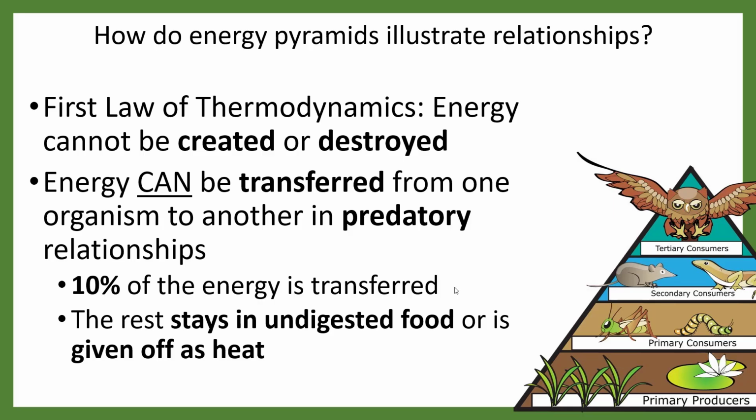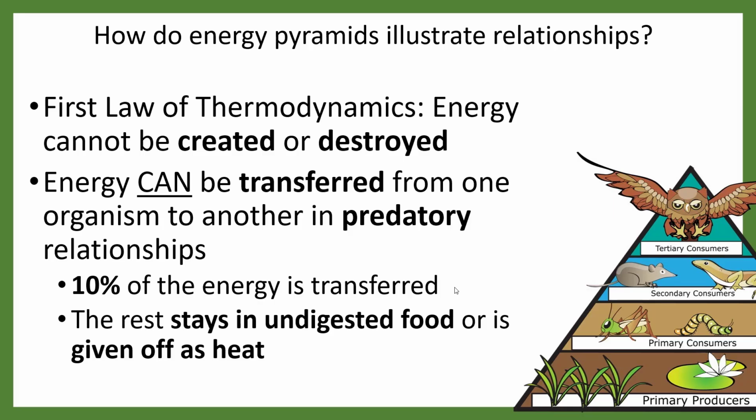As primary consumers eat those, a lot of it is going to be lost as feces. A lot of plant parts are not edible. If you've ever tried a full vegetarian diet, you're going to find out there are a lot of inedible plant parts. You're going to be throwing them away or visiting the bathroom a lot. Primary consumers do not digest most of the food, so they don't get a lot of energy. Think about the last time you had a large salad, and how soon you were hungry again. You're not getting all that energy from there.